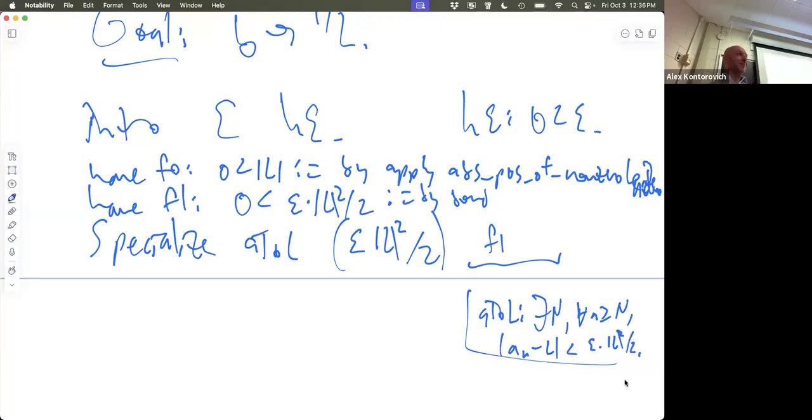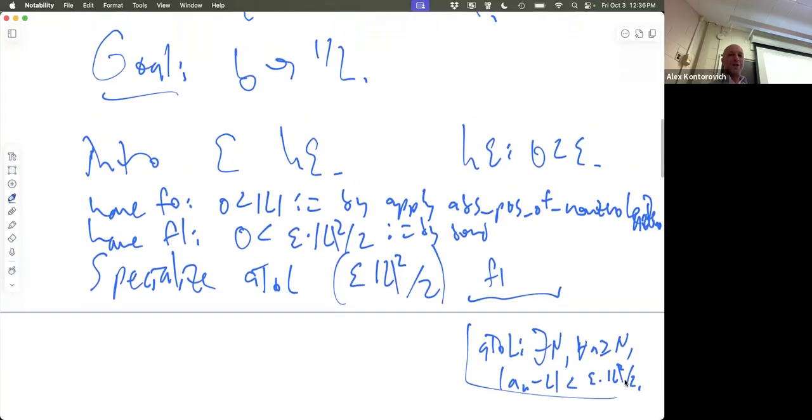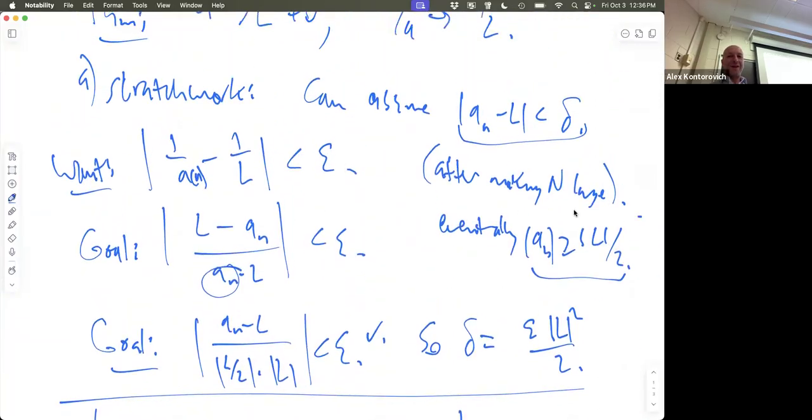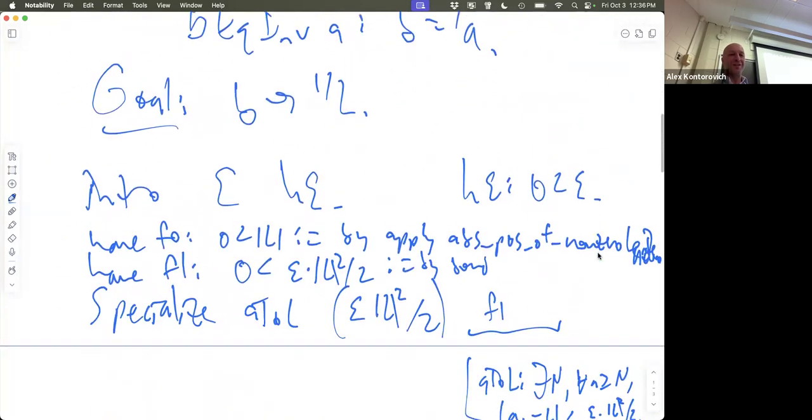There's a problem. Once we've specialized A to L, we're not going to be able to get this eventuality. The eventuality also takes as an input the fact that A goes to L. So we need to, before we do this specialization,